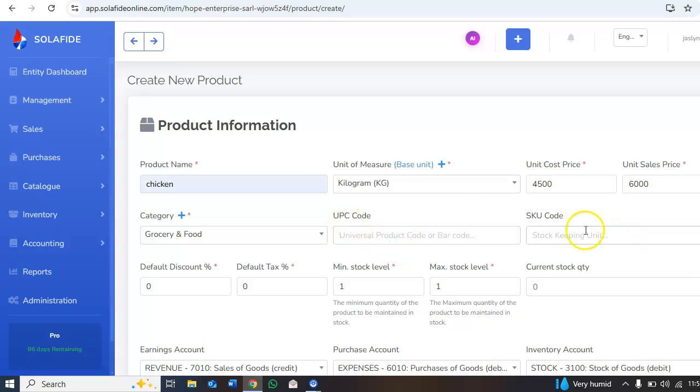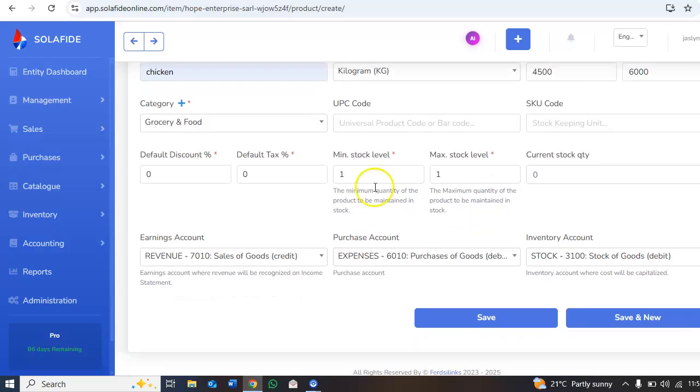This UPC code and SKU code are really not so necessary, so we are going to avoid that. Then we are not going to set in any default discounts or default tax. But in case you want to do that, if you want to set the default discount, it's here you do it. If you want to set the default tax or a minimum stock level,